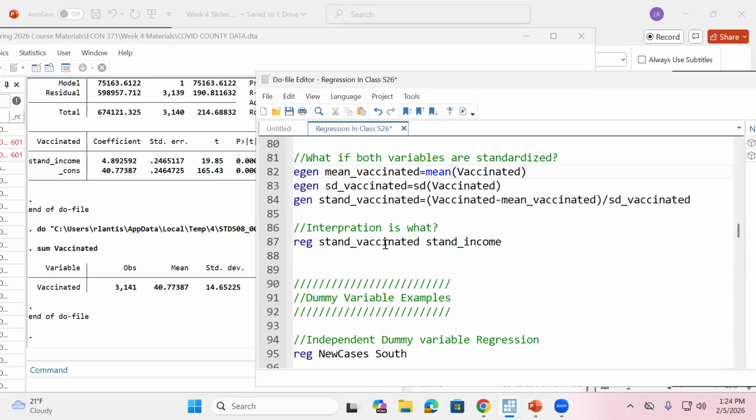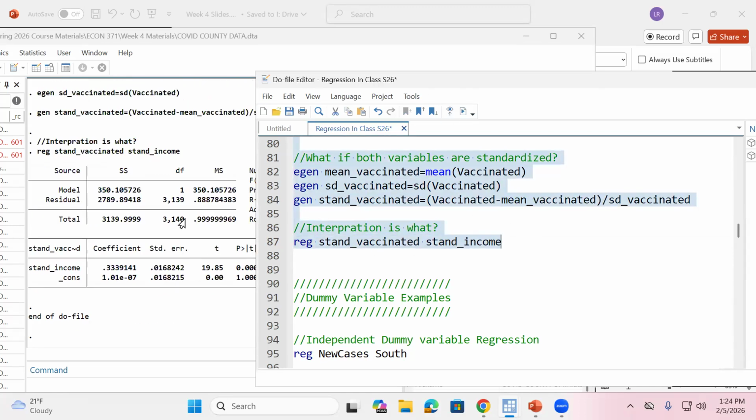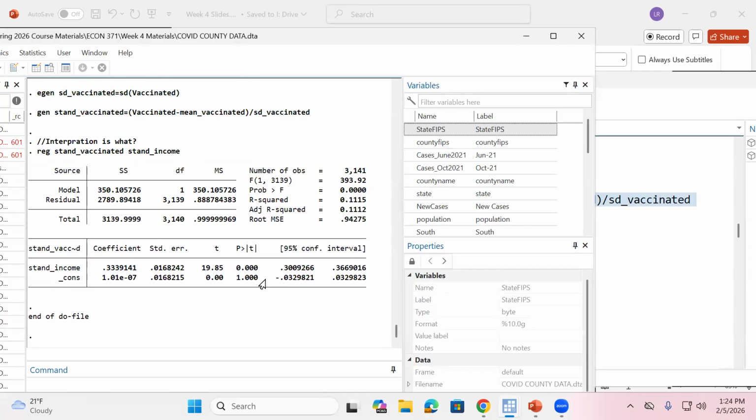It's not going to be ultimately that interesting, but just for the sake of this, if I standardize both variables, notice what value do I get for the constant? Well, if I've standardized both variables, and I said if I standardize the x variable, it gave me the mean of the y variable. If I standardize the y variable, what should the mean now be?